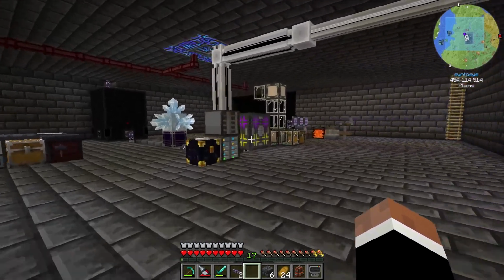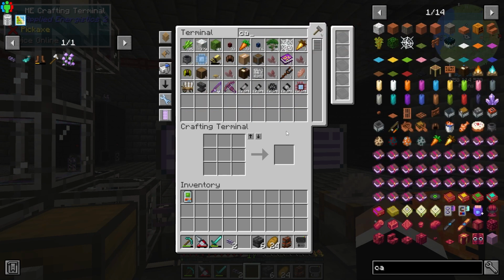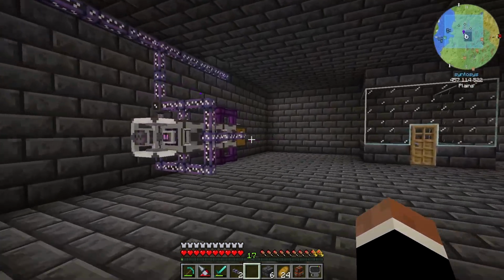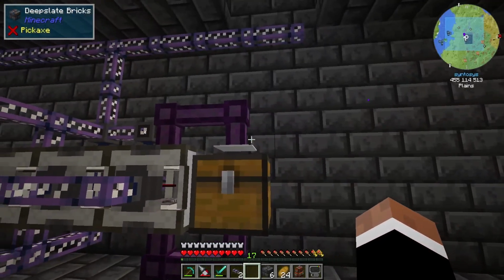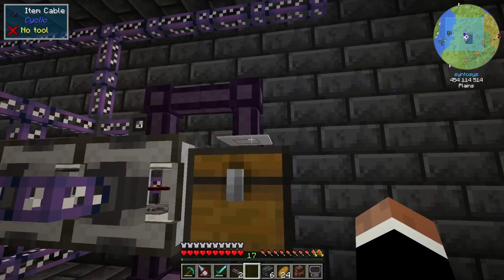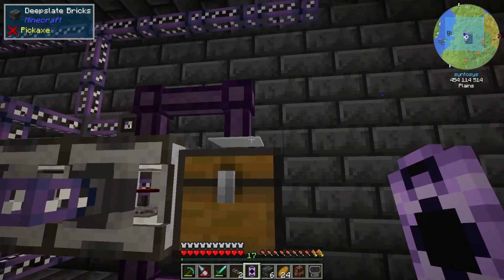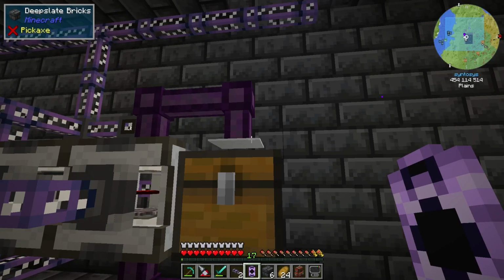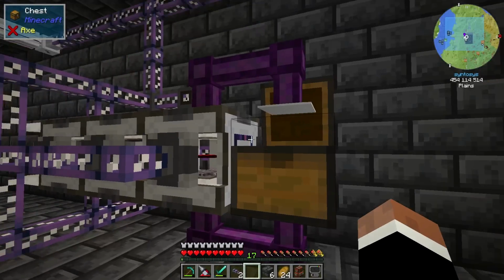Yeah, there you go. So now I should be able to request a calculation press, right? Yeah, there you go. One calculation press, start. That should then start working over here. Oh, filter. So here, I'm going to take that one. I'm going to take the filter card out for the moment so that I can put in the calculation here. And I'm going to put it back in. There. And then I'm going to put that back in. That should...